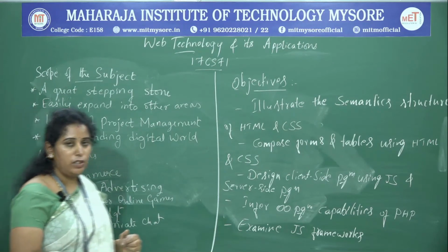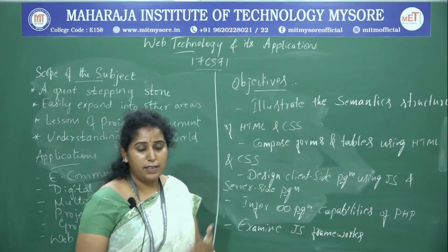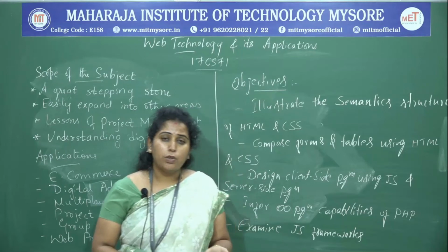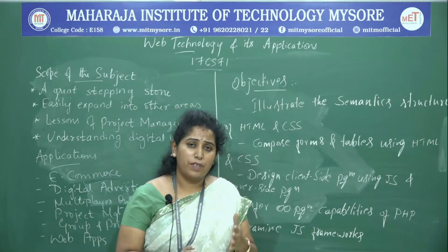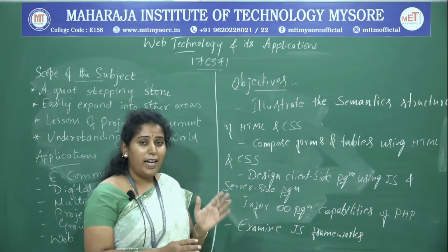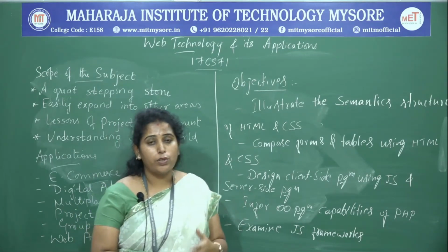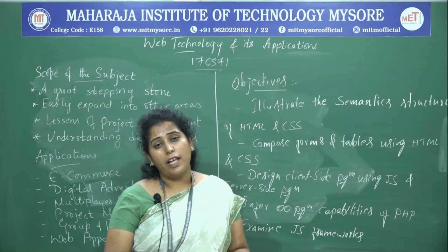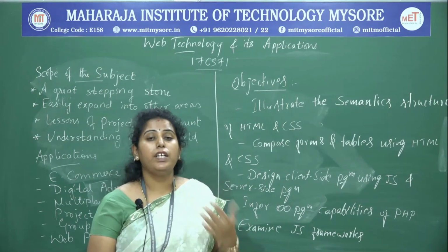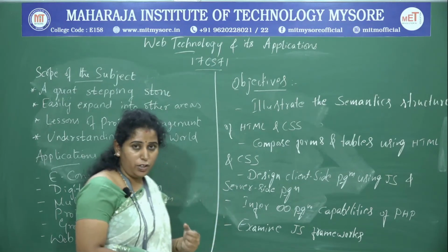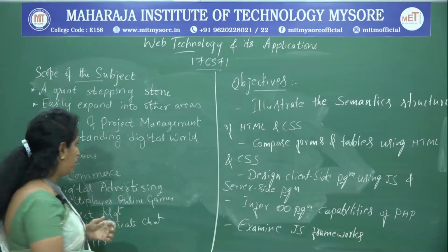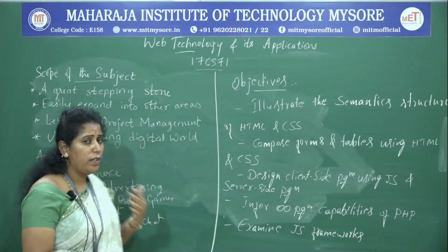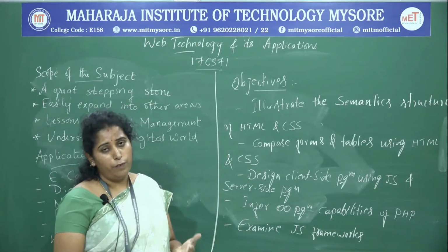Next is understanding the digital world. So now we can consider this as a digital world, where technology has improved everywhere. So we cannot restrict ourselves to only one particular technology. Likewise, web development is also supportable in different areas, like machine learning, IoT, and so on. In different fields you can apply our technology. That is what understanding the digital world means. So this is all about the scope of the subject. Okay, you will have more opportunity being a good web developer.